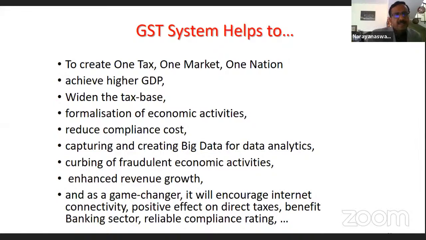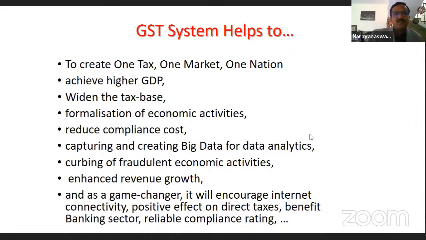But again, I want to explain in this context, customs duty is a different taxable event and has a different purpose. Income tax is different. So in no country are these two merged with the GST. GST is only for goods and services.